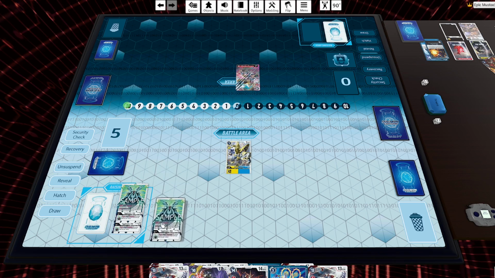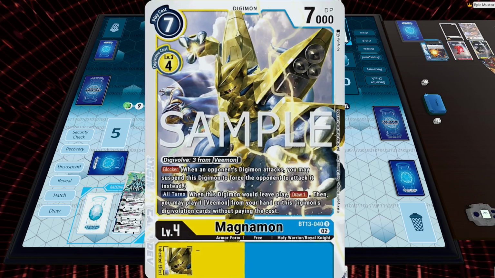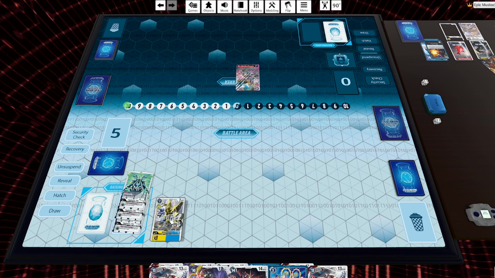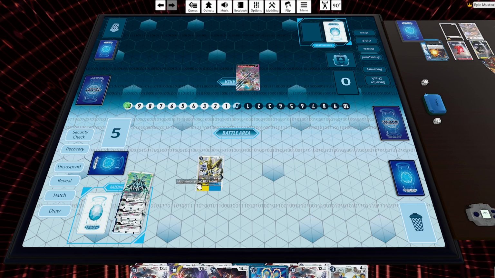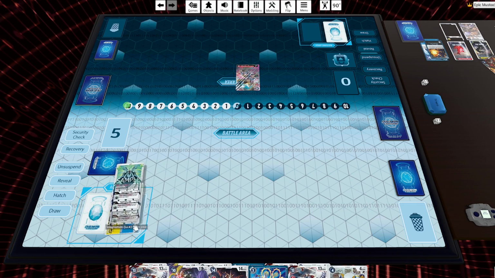and then start of main once again, reveal the top card. Hey, look at that, it's another King Drasil. Stick it under all your Royal Knights. So in this case, I do have a Royal Knight. The Magnamon is going to leave play. It's going to go down into here. But when it would leave play, I can trigger this interruptive effect to draw a card and then stick this underneath